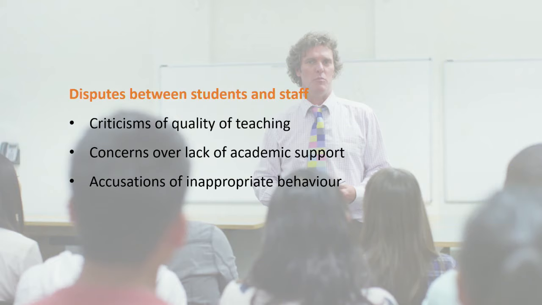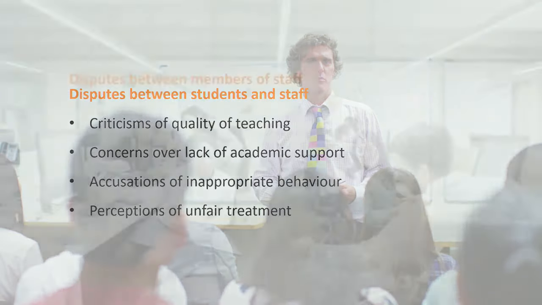Accusations of inappropriate behaviour, which can be unwelcome attention from lecturers, or unwelcome attention from students to lecturers actually, or other inappropriate behaviour, things that can happen again over social media, or conduct between staff and students which is unwelcomed or is simply over the line. Again, perceptions of unfair treatment. So it works both ways, this one, where academic staff are being singled out by groups of students, but also where individual students feel as if they've been singled out and been treated unfairly. So they're the kind of things that can happen between students and staff.